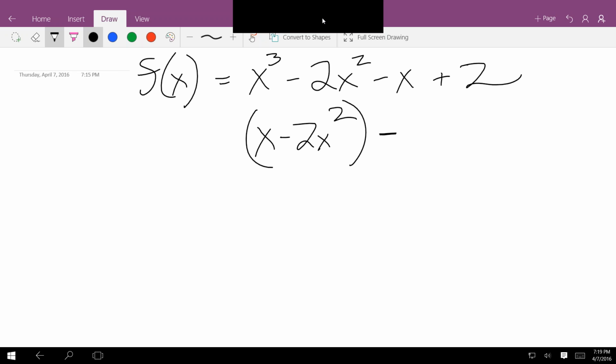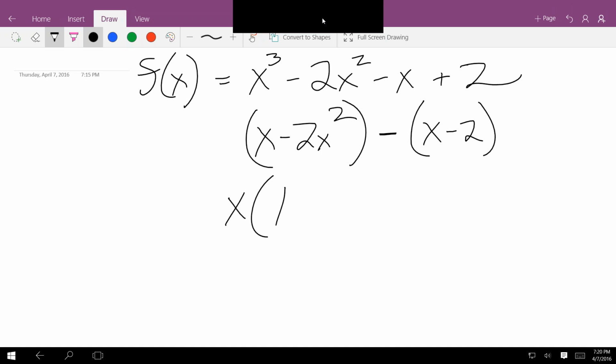And then I'm going to subtract, and I have to write that as x minus 2, notice, because I added the parentheses. In other words, when you rewrite it, make sure it does not change. It's the same function, and you can see that it is. If I take away those parentheses, I have minus x plus 2. Same thing I started with. Okay? Now, on the first set, I factor out an x,